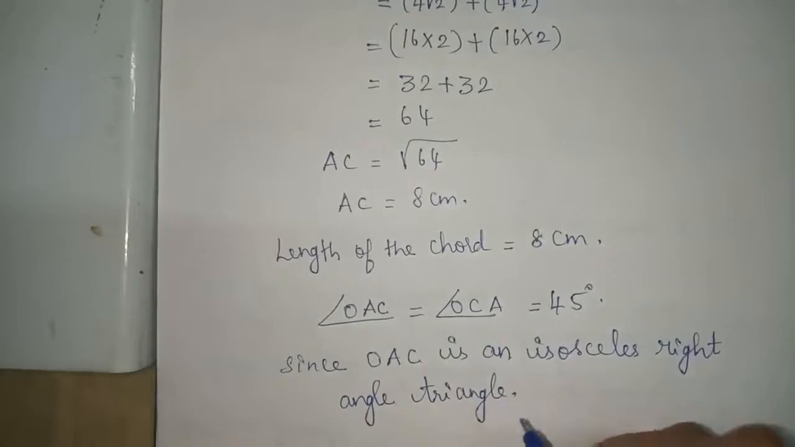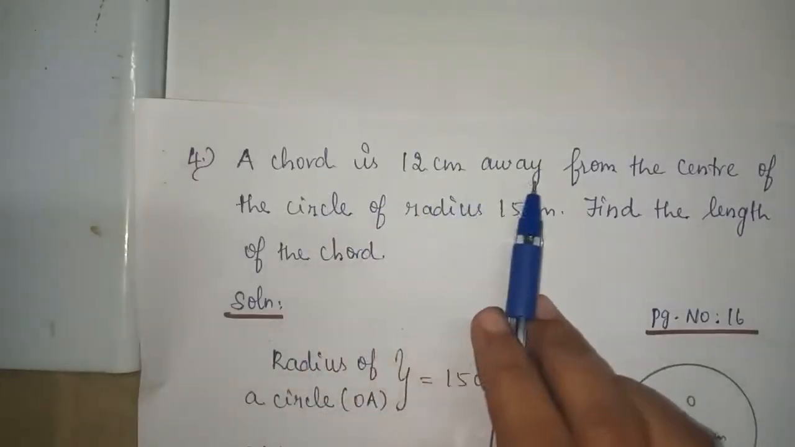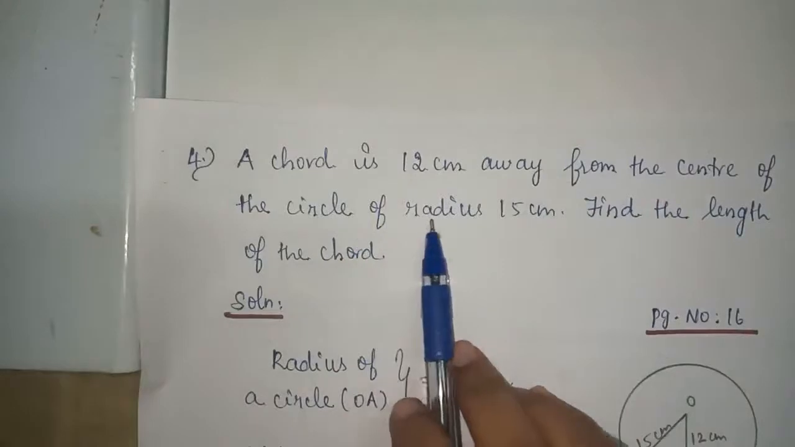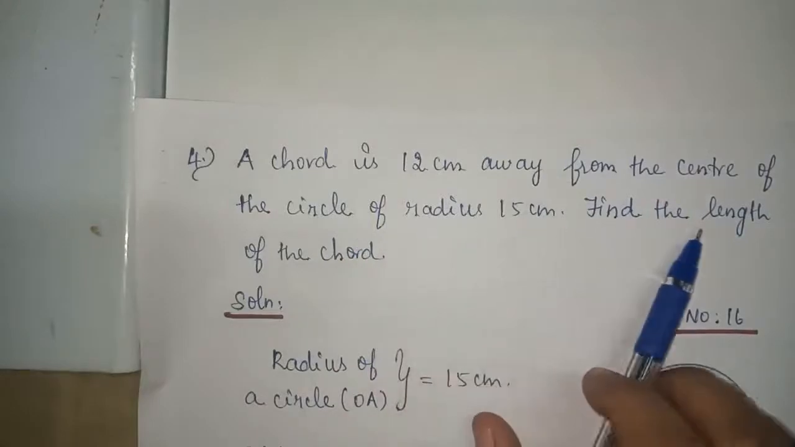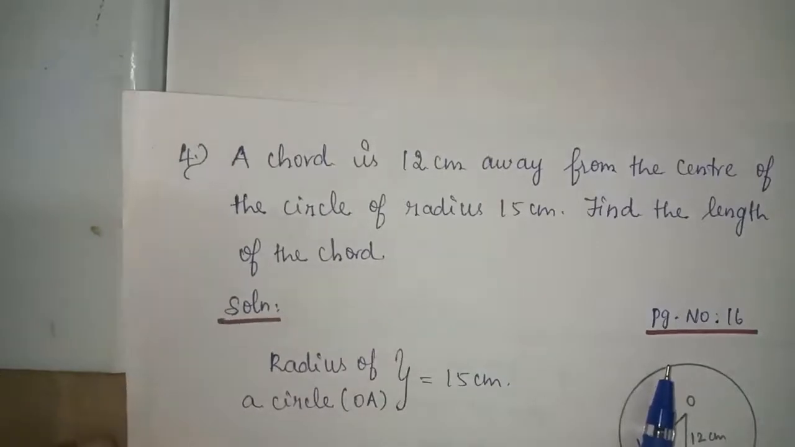So this is the reason for the angle A and C is 45 degree. Problem number 4. A chord is 12 cm away from the center of the circle of radius 15 cm. Find the length of the chord. The problem belongs to page number